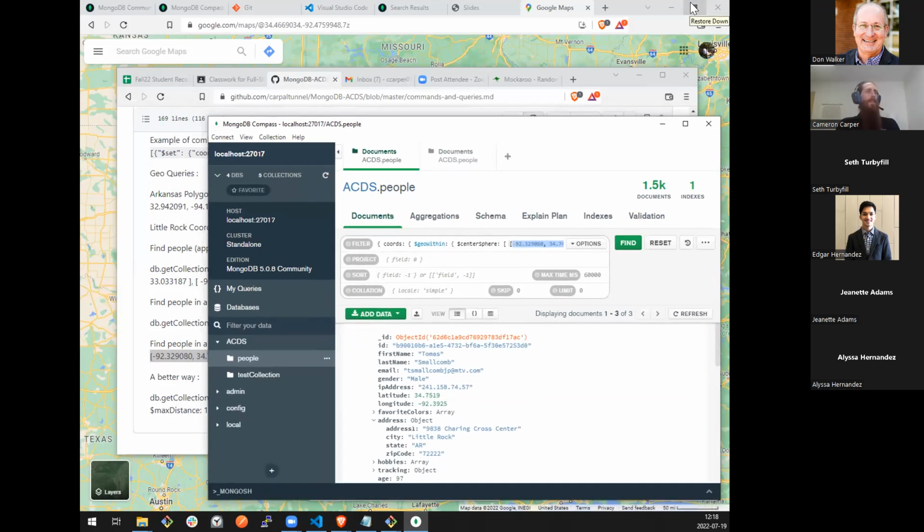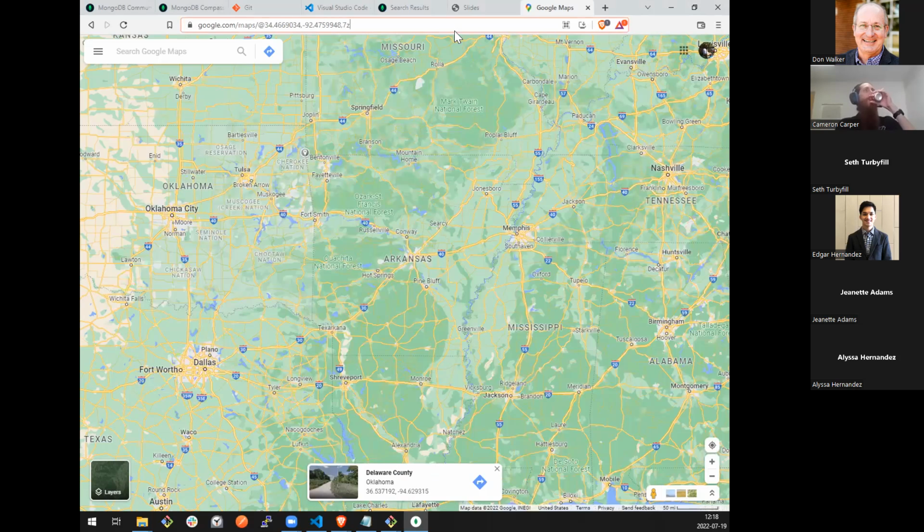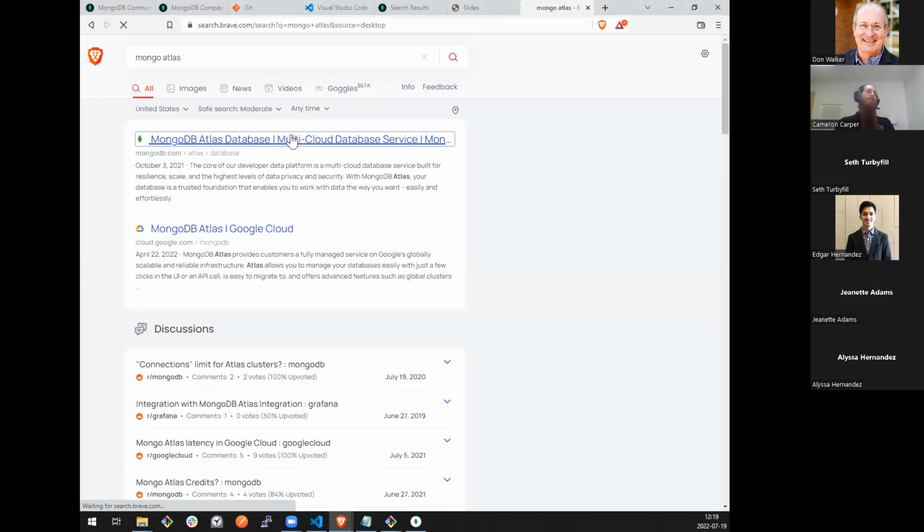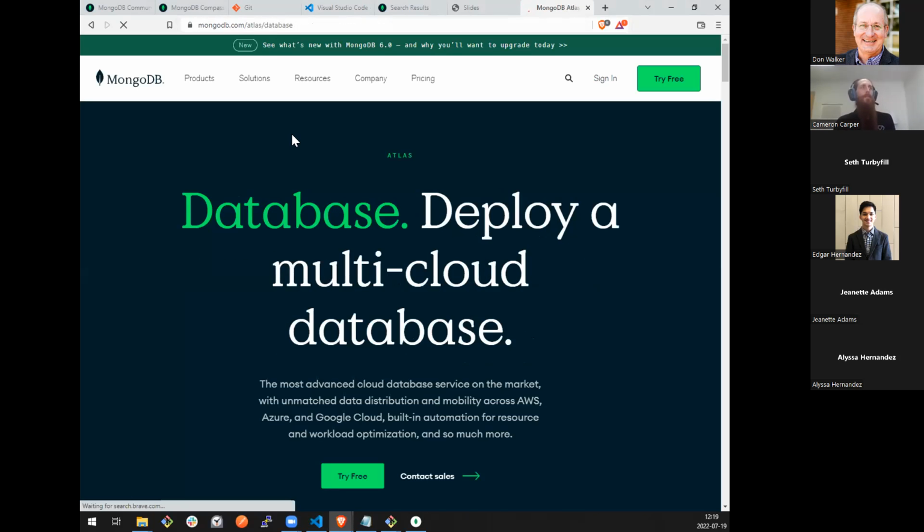Any quick questions on that before I give you a peek at Atlas? Because that is a great reference to have. So again, I prefer, especially for development testing, to do everything on my machine. So I know if there's a problem, it's my fault. I can fix it myself.